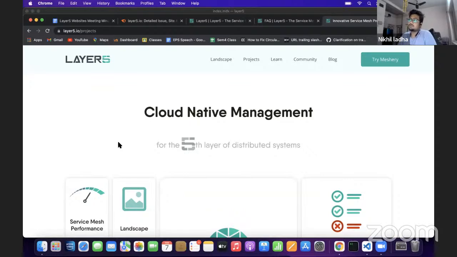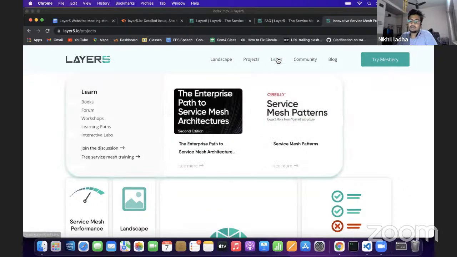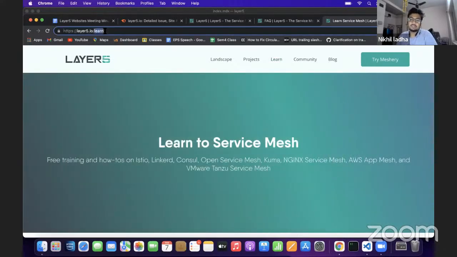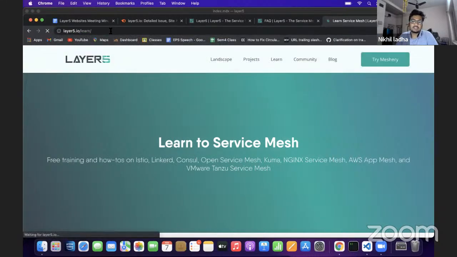That's the reason if you go to a page on layer5.io and add a slash to it, or if you open a page, it will first load with a slash, then remove it, and then display again. By default it's fetching a slashed page from the server, but since it's not there, it figures out that it's the page without a slash, because that's how the config is. It's showing a page without the slash.